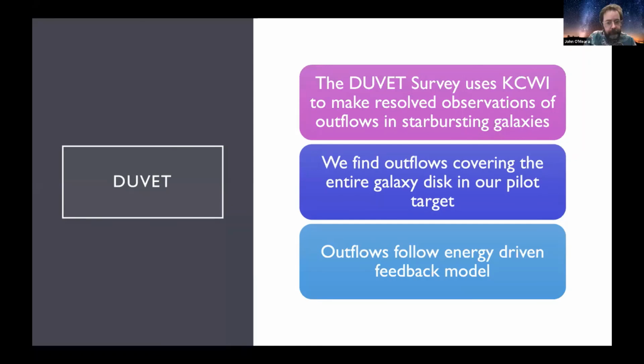I'm not sure that we have yet plans for KCRM. It would definitely be interesting to use. H-alpha would be really useful. At the moment we've got H-beta, obviously, so that's been good. But yeah, getting as many lines as possible to trace the outflows is really good, because then we can trace different phases of the outflows.